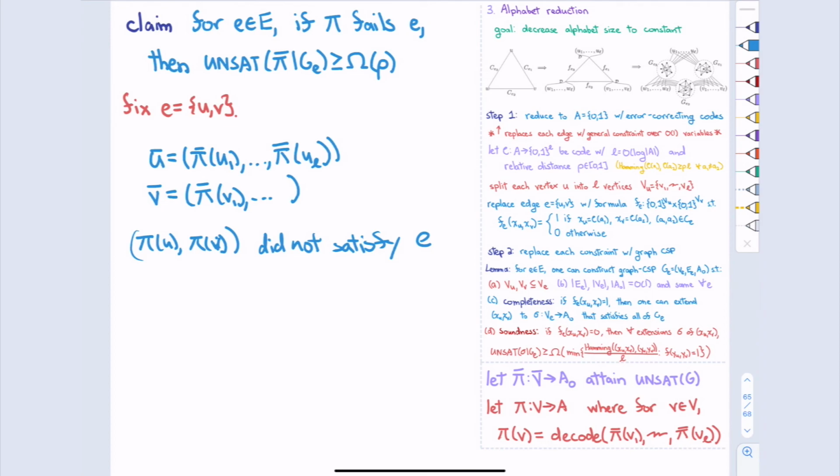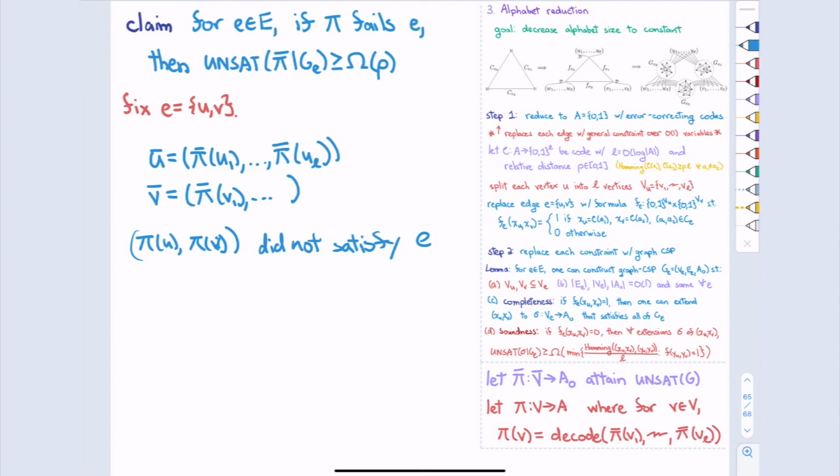Now, at least one of those letters is wrong, right? I have to change at least one letter to get it right. I know that the distance between any two of the code words, the relative distance, is rho. So if my bit string goes to a wrong letter, to go to a right letter I have to move at least like rho over 4 or something. So my distance from my wrong bit string to any right bit string has to be at least some constant times rho.